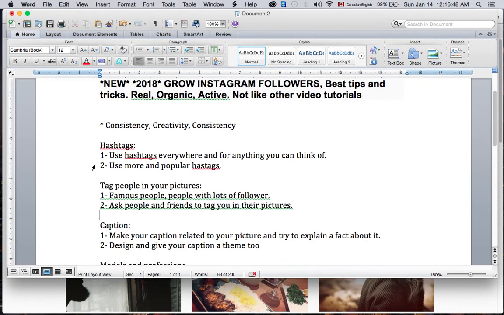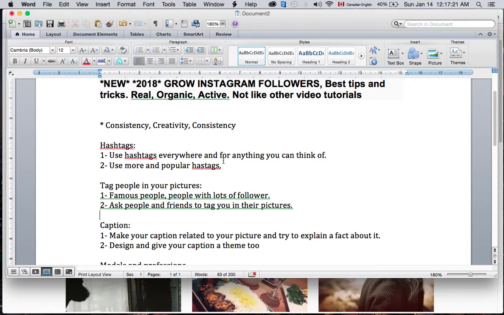The first category I want to talk about is using hashtags on your Instagram. Hashtags have become one of the most important factors in Instagram. You already know that you have to use hashtags, but because of the new system that Instagram started to work with, which is following hashtags on Instagram, hashtags have become more important. One of the facts that I want to mention is: hashtag anywhere, everywhere, and for anything that you can think of. So if you go to a restaurant and you take a video, or if you're taking a picture with friends on the street, even